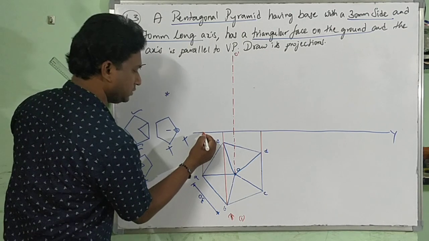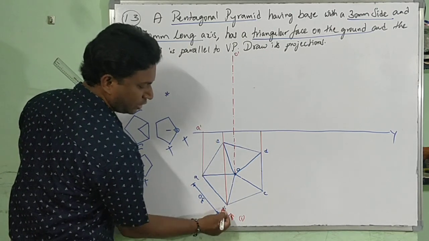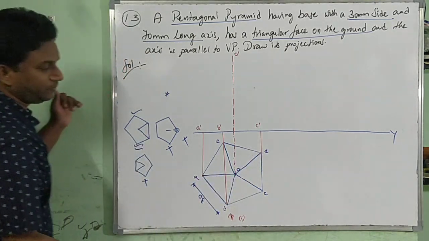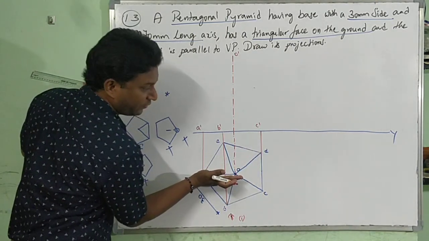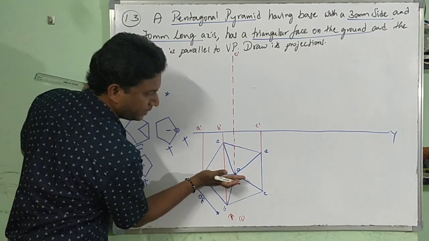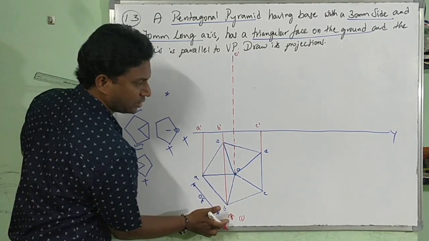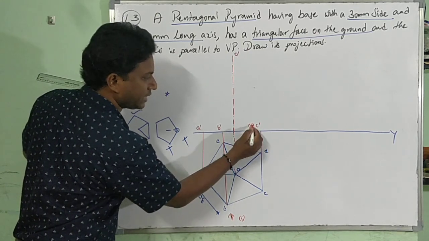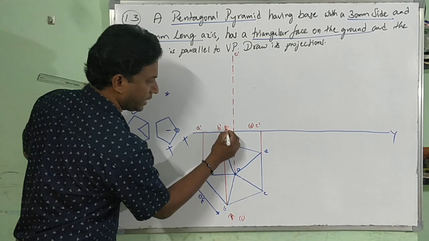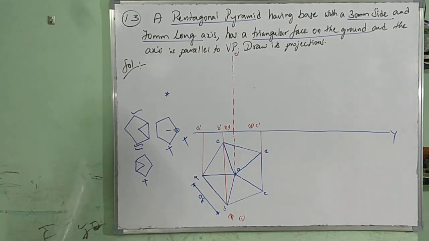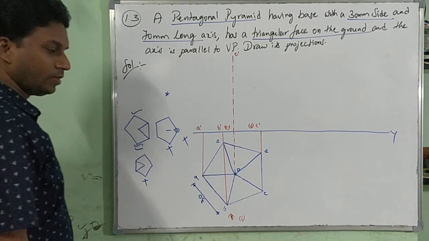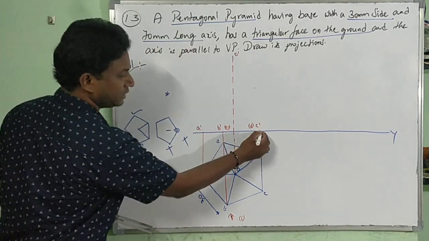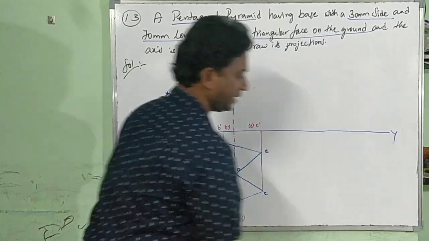Try to write the points. A dash: when I am looking from here, B is clearly visible. B dash: when I am looking from here, C is clearly visible. With respect to half of the path, the middle line, the back side, with respect to this arrow mark, those are not visible: D comes in brackets, D dash. E comes in brackets, E dash. So for that purpose, from A dash, B dash, C dash, what comes? Thick lines, thick slant edges.